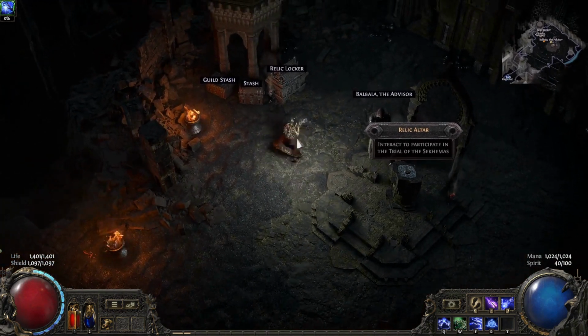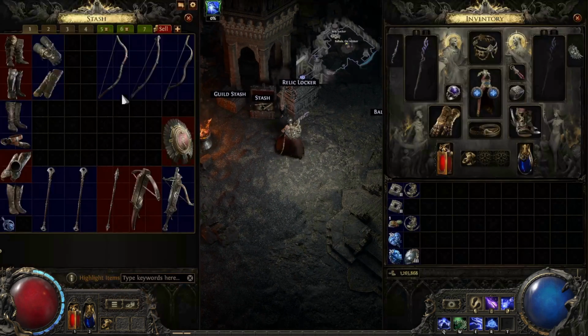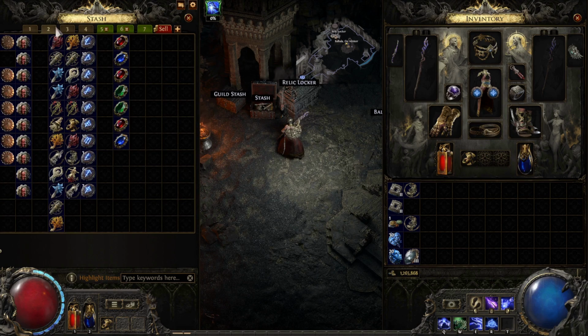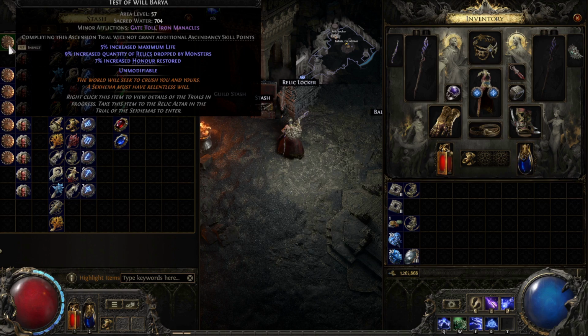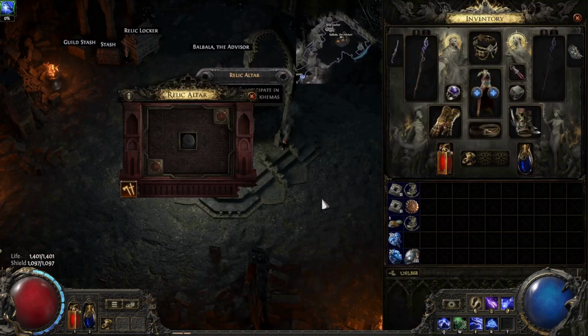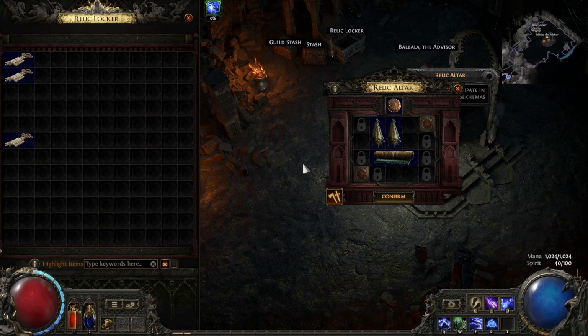So the way this works, once you get this, you can't actually start the Trial of Ascendancy until you get, where are they at? Right here. You'll get these djinn bodies. We'll just call them tokens for now. And what this allows you to do is start the trial. And what will happen is you'll get to the altar, add your relic,